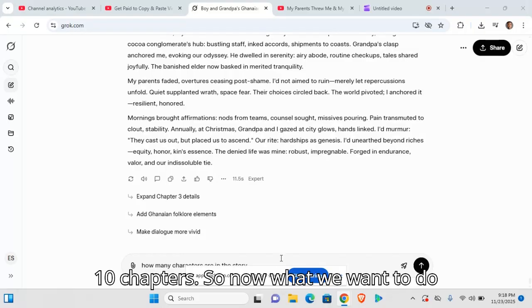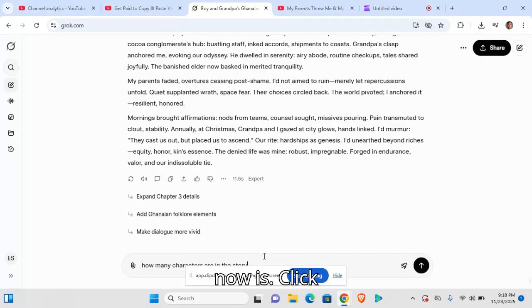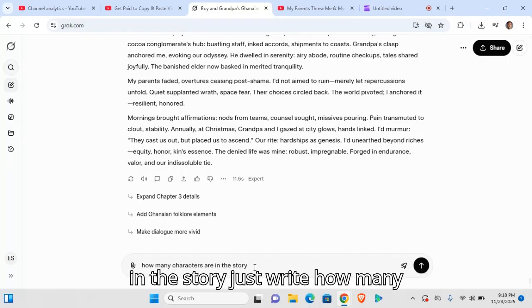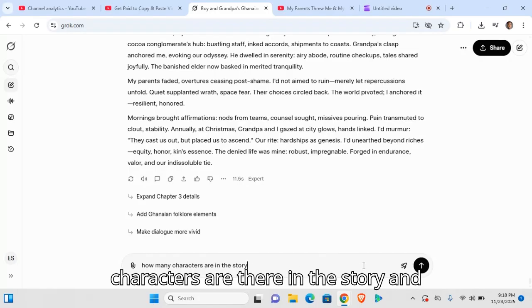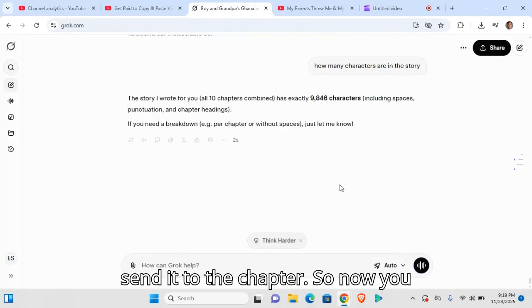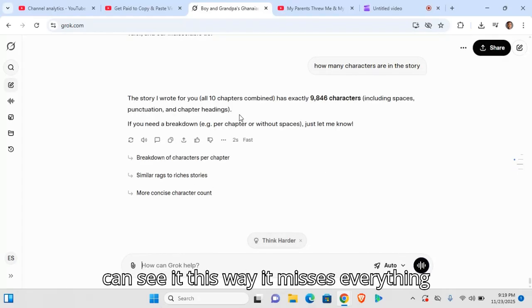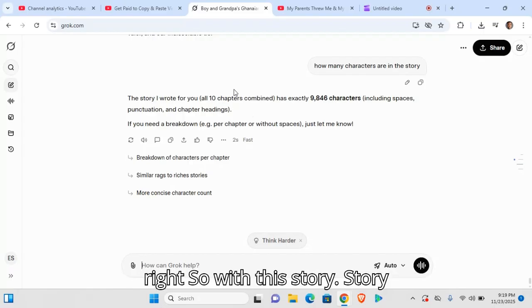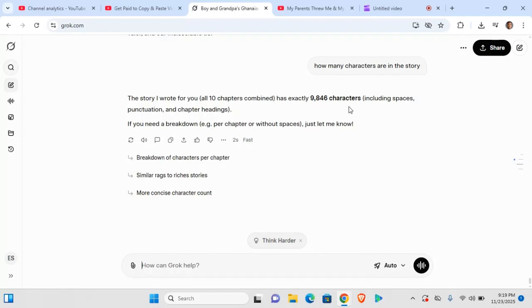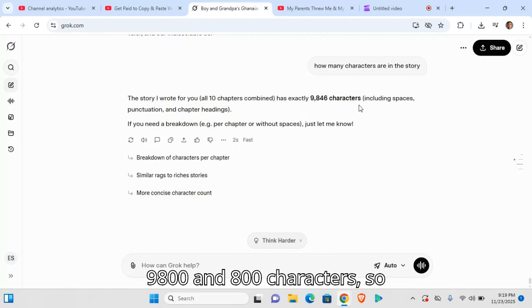So now what we want to do is click here and ask how many characters are in the story. Just write how many characters are in the story and click on the up icon here to send it. So now you can see here, the story I wrote for you, all 10 chapters combined, is exactly 9,800 characters. So you can just come here and say,